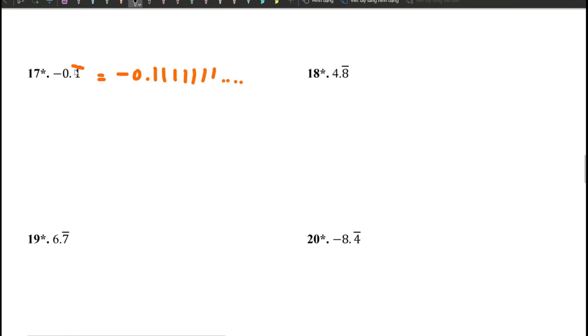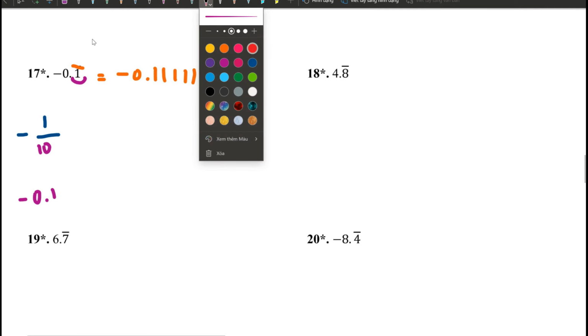So how do you write this as a fraction? Similar to the other one, that is -1 over, what should I put at the denominator if you have one number after the decimal point? The answer is 10. Right, 1 over 10. If you put 1 over 10 like this, it's going to end up with -0.1. But your decimal number is a bunch of 1s repeating forever. So the concept should be a little bit different.